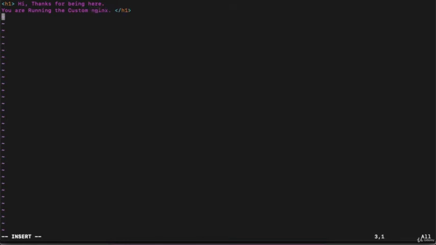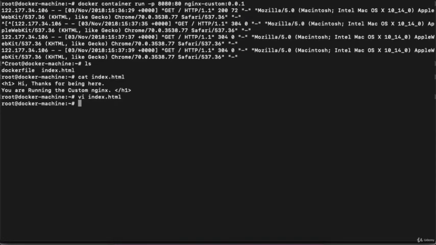Suppose I'm going to insert some new text. So I have added new text in a heading 3: This is an official nginx image. We are building it for our personal use, right? I will save this file. Now what I need to do is build my image again, because my previous image has that particular index.html file, which was not modified, which was the custom one. We have modified our index.html, so I again need to build my image.